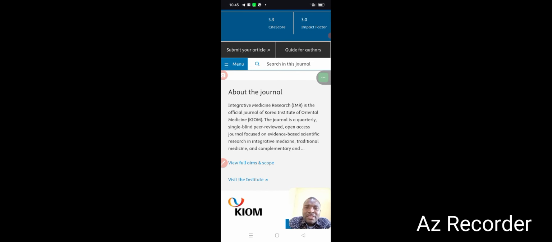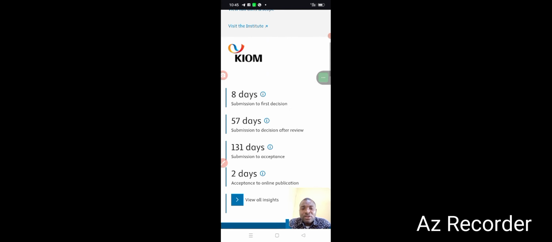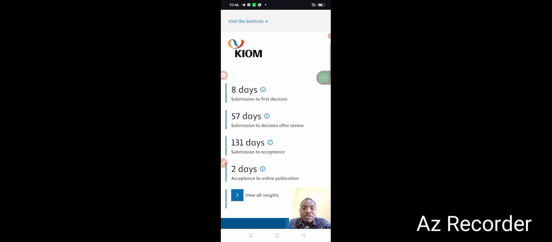So you can see where to submit your article, which is submit article, or you can get a more detailed guide as an author, what you need to do. Okay, let's come down here. This is very important for authors. They want to know the timeline. When I submit my work, when is it going to be published? So we are now on the journal website itself. So we are going to get more informed journal details, because this is the journal website itself.